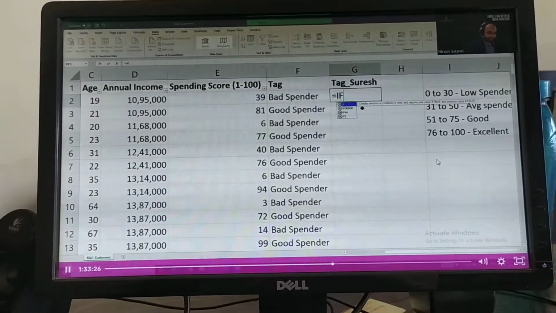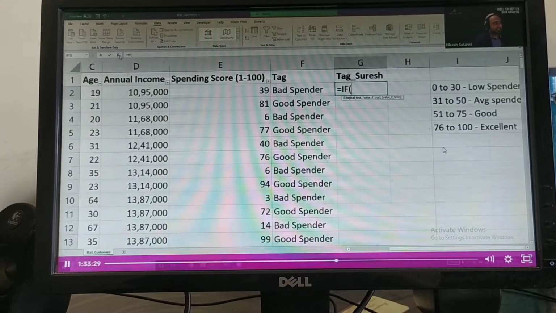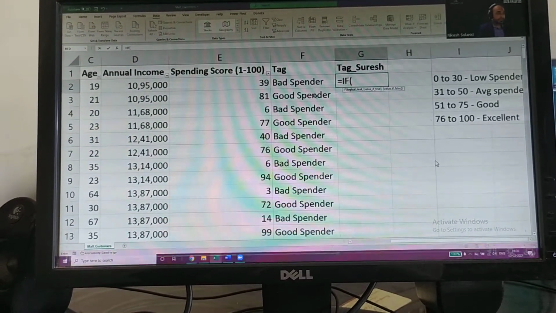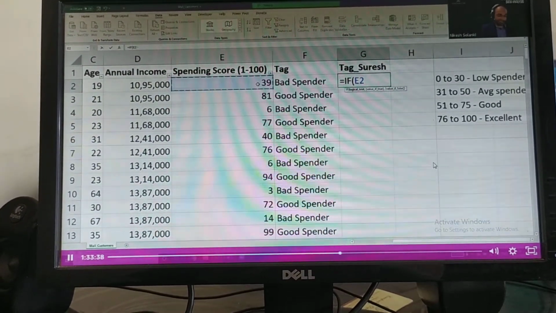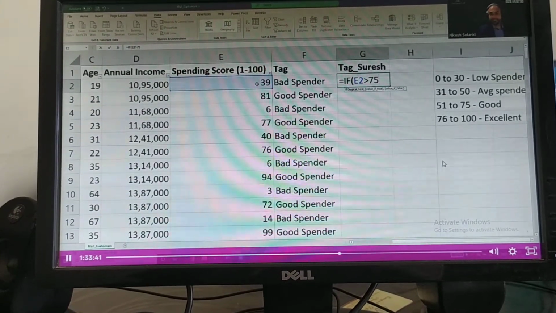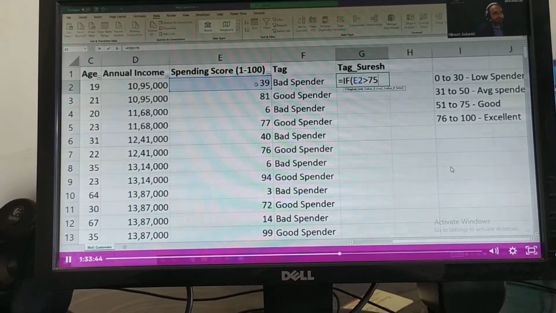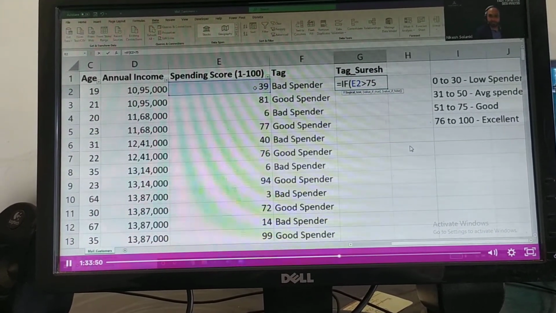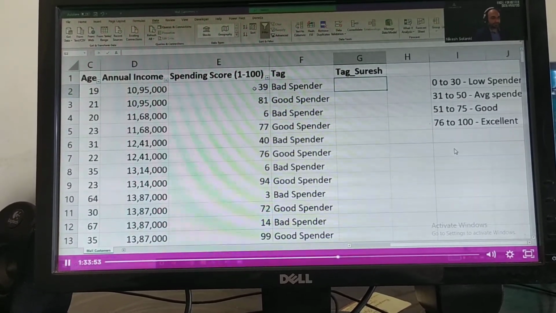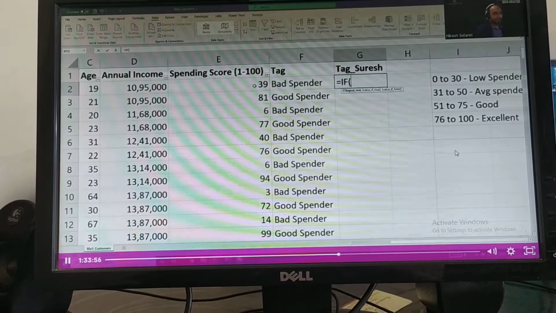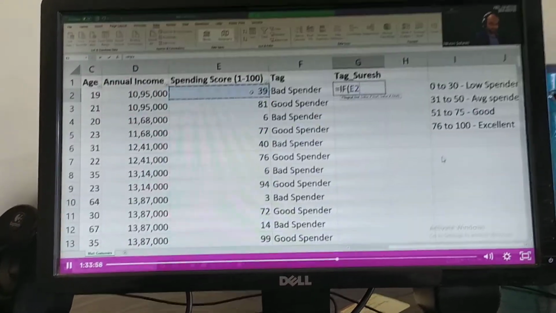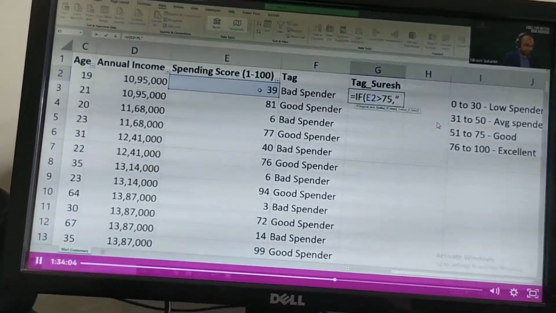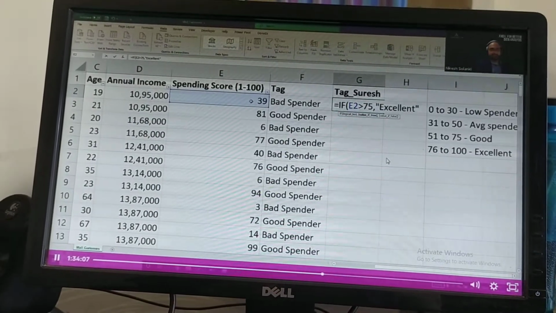So first we'll do IF. The logical test here is if any number is above 75. So if E2 is greater than 75. But can we also go and select where you have written the condition? Yes, say I5 and take it. Absolutely, we can do that. Let's do both. So if E2 is greater than 75, if that's the case, it becomes excellent, right? Clear?